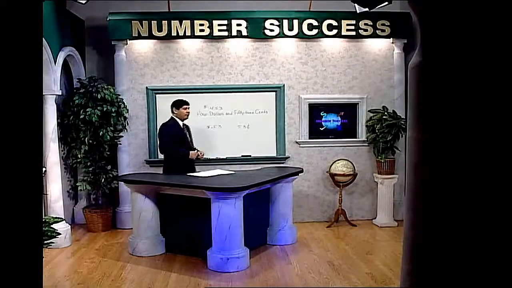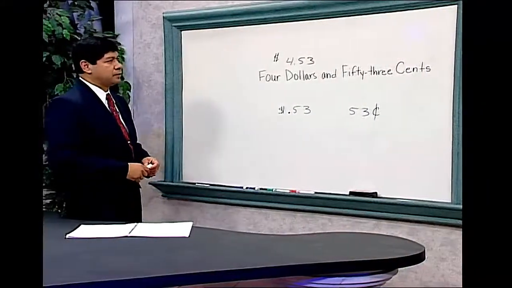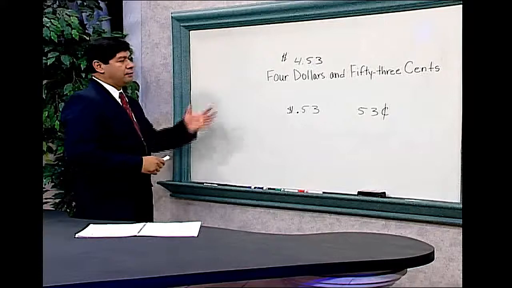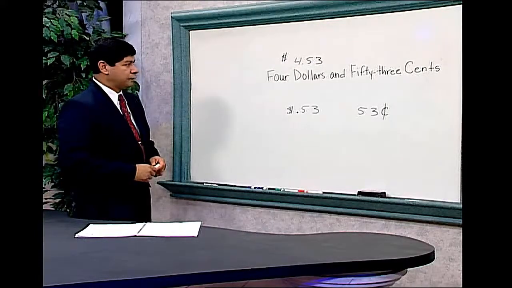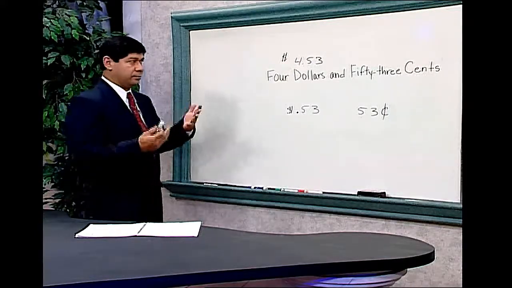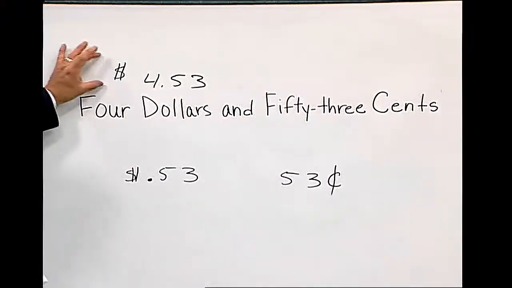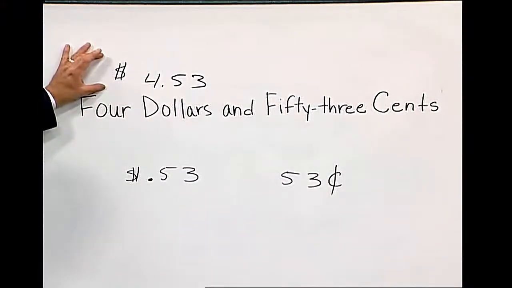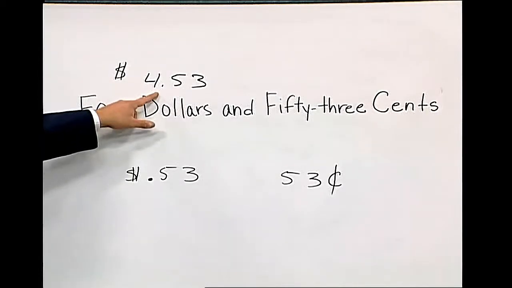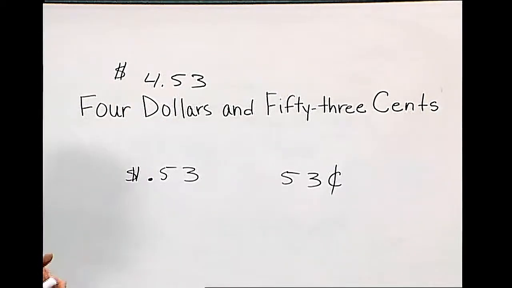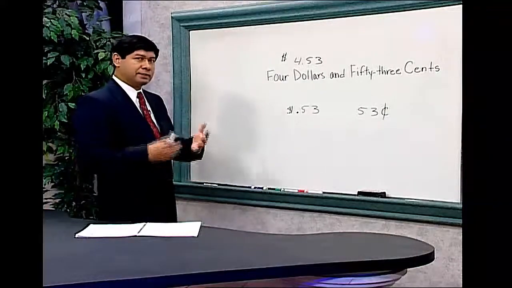Adding money. When writing money numerals, there are many ways to write this. The example that we have is $4.53. We can write that using a number sentence, $4.53. We have our dollar sign, which represents our dollars, and we have our decimal point. The numbers to the right of the decimal point indicate how many cents, or how many pennies, nickels, dimes we're